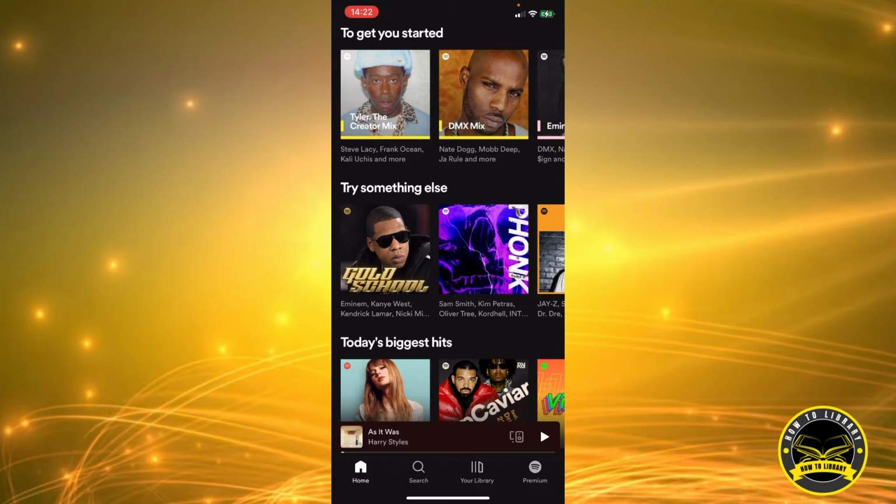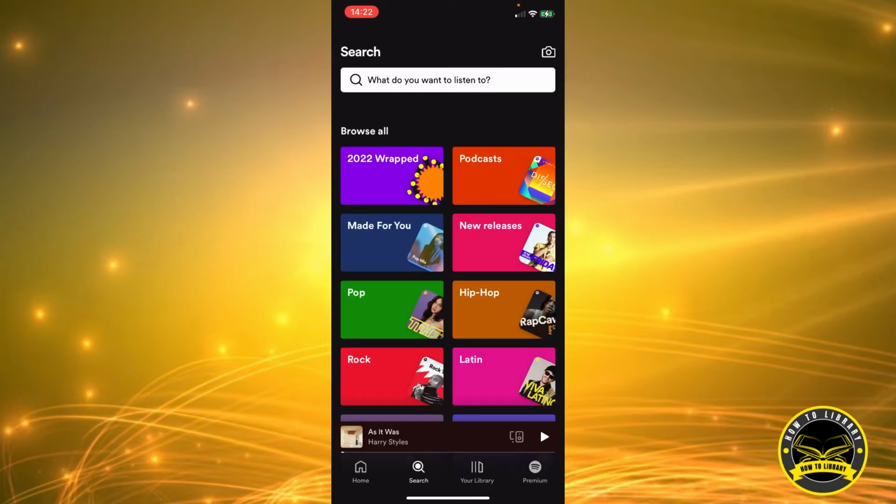So we're going to go and look at the bottom of my screen now, and we have about 4 icons. We have a home icon, a search icon, your library icon, and a premium icon. We're going to click on the search icon, and that will take us here. So at the top, you can see there's a search icon, a search bar, and then we have Browse All